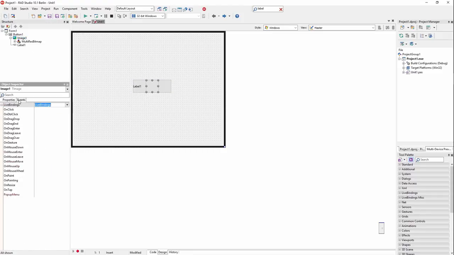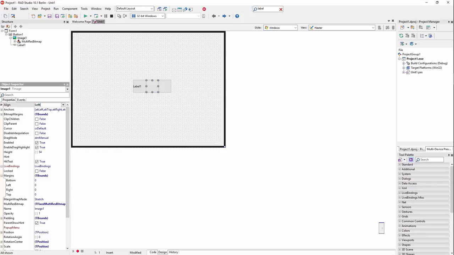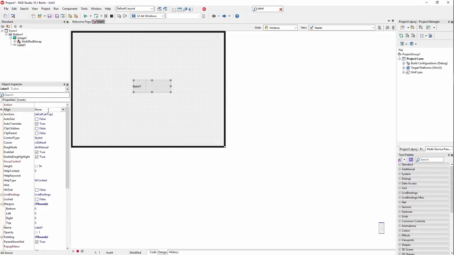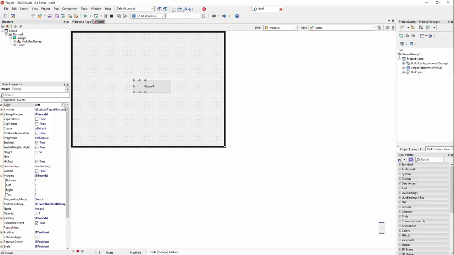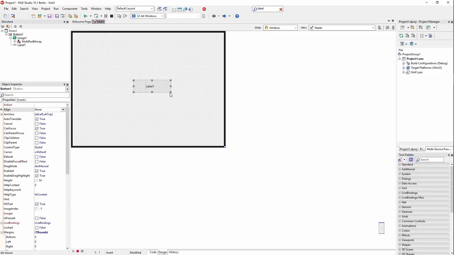That's what I'm going to do. And now the label, client. And now let's put this to fit. Fit left. That's what I need to do. Fit left. Okay, so what that does is now when I resize the label, you'll notice that the image stays